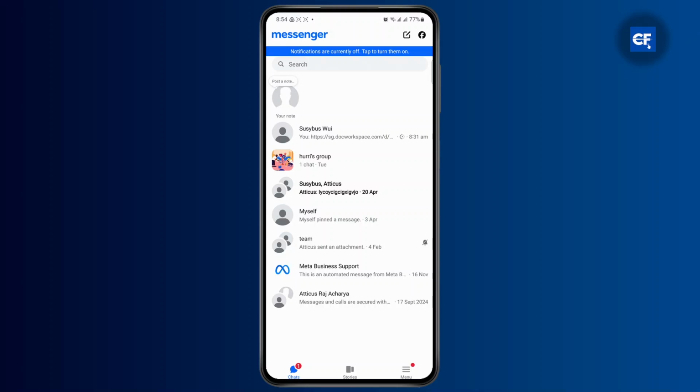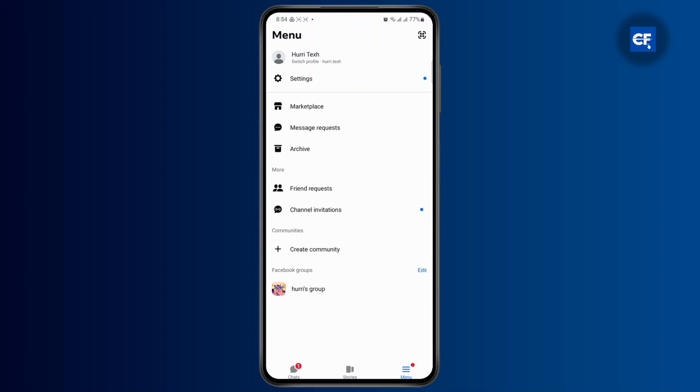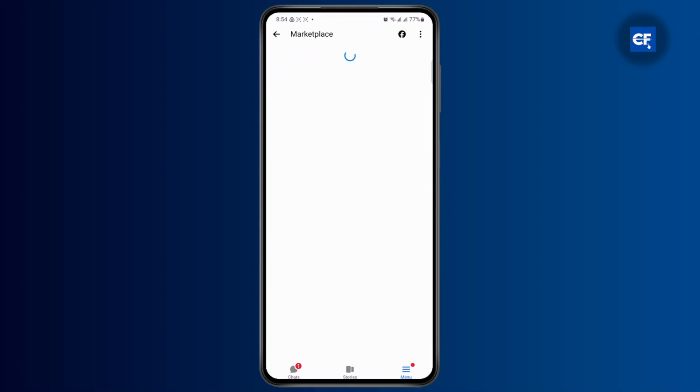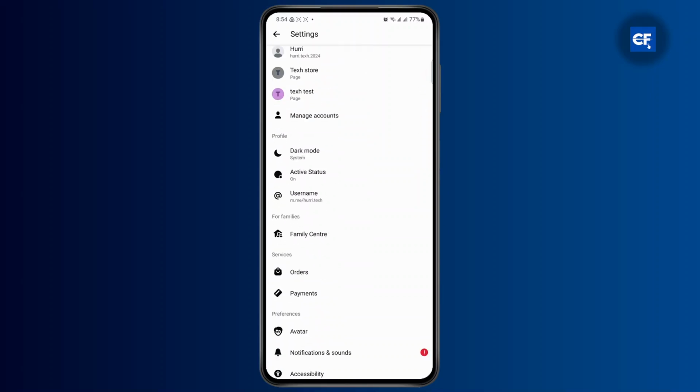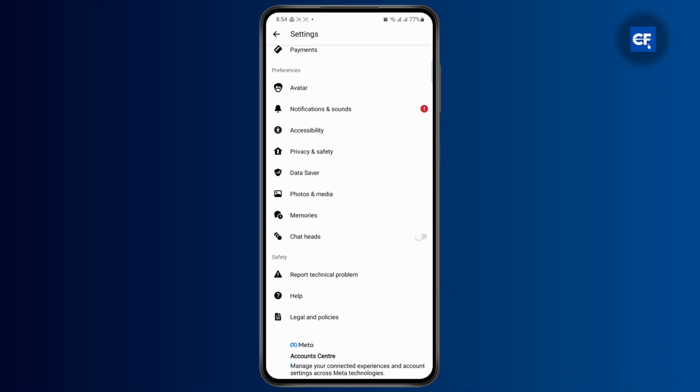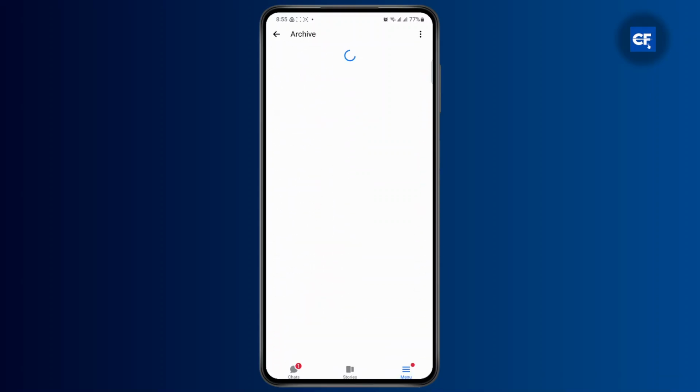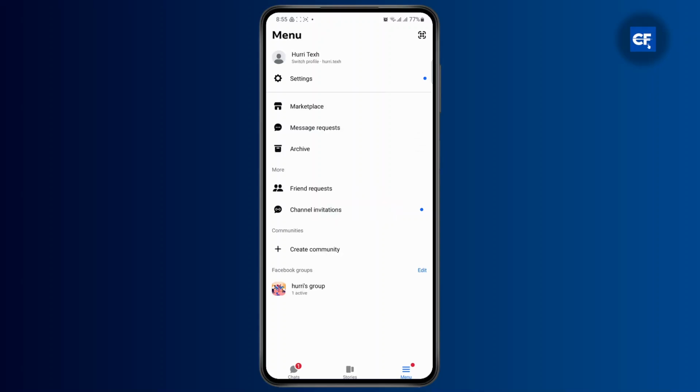So to check your archives, head over to menu and then tap on the settings icon. Once you land on the settings page, you'll find the archives option right here. So just head over to archives. Now, once you land on the archive page, if you still don't find the message here, what you need to